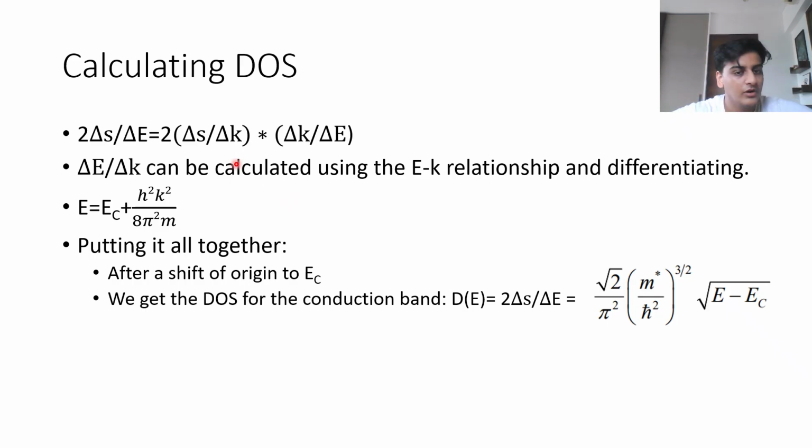And when you put it all together, you will get this expression: root 2 by pi square, m by h bar square, I'll just note for you that h bar is the commonly used symbol for h upon 2 pi. So if you ever encounter the symbol h bar, it's h upon 2 pi. So this whole thing to the power 3 by 2, and when you do this calculation, you will get square root